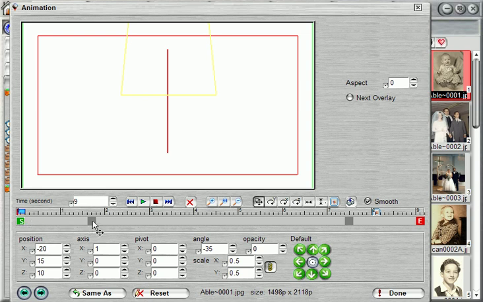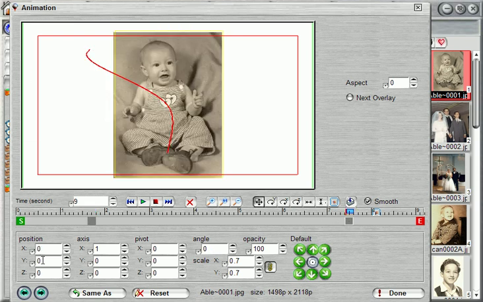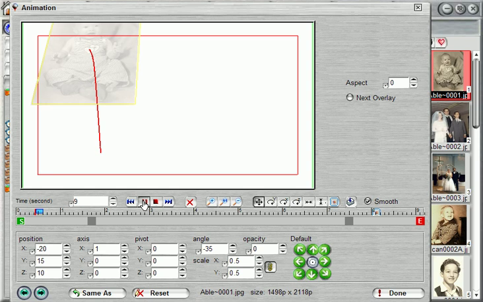Then I'm going to come and click on the next keyframe and change it to the minus 20. Then I'm going to come to this next keyframe, click it to a minus 20, and finally I'm going to come to the end position. Everything's fine on it except, again, I want it in minus 20. If I hit this green bar and I see everything flowing the way I want, I can use this green triangle play button and preview it,